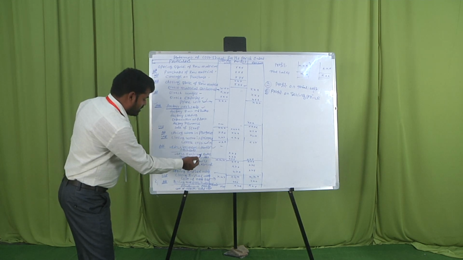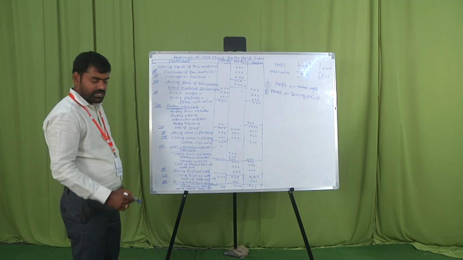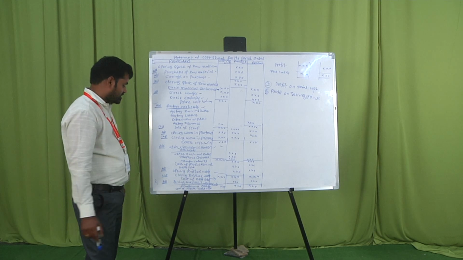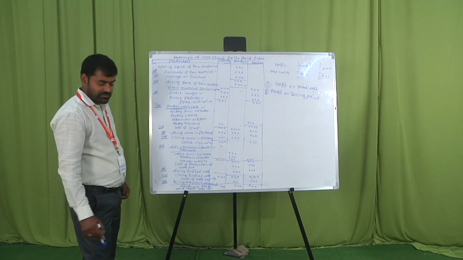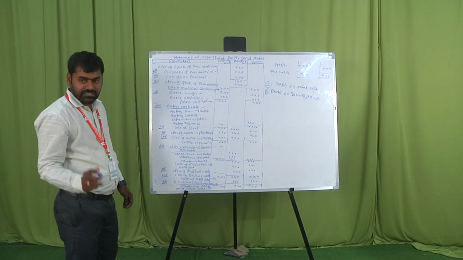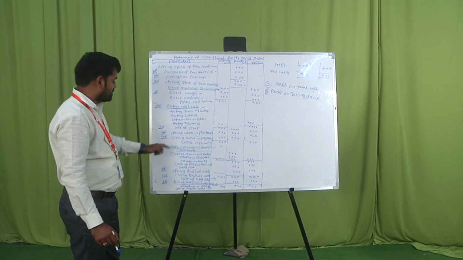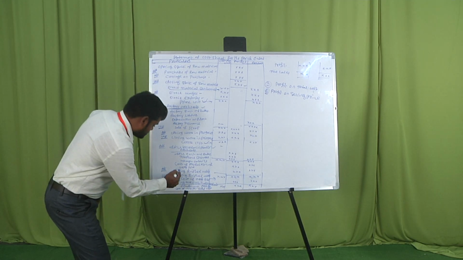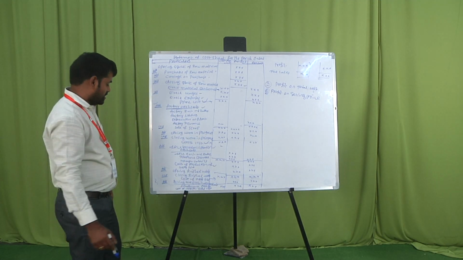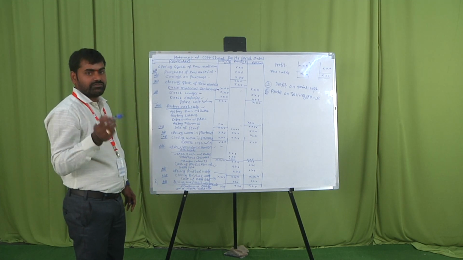In the office or administration departments, some expenses are also incurred: telephone charges, legal charges, printing, office rent and rates, manager salaries. These are expenses incurred especially in office or administration overheads. After that, these office overheads are added to the works cost, and we get the cost of production of goods sold. Once you get the cost of production of goods sold, we know the production cost of the product.